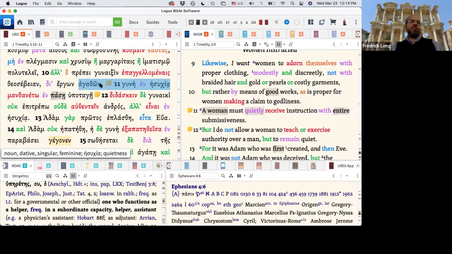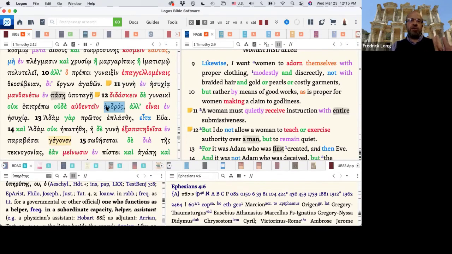And this is one of the things that an asyndeton can indicate, or it's found within these situations where you move from addressing women in general to now a woman in the singular. I have a major article on this where I argue that this is actually a reference to a wife in relation to her husband. So this is an example where you have an asyndeton that isn't a big section break, but it is kind of a minor break. And there's a move from general women in plural to a woman in particular in relation to an aner.